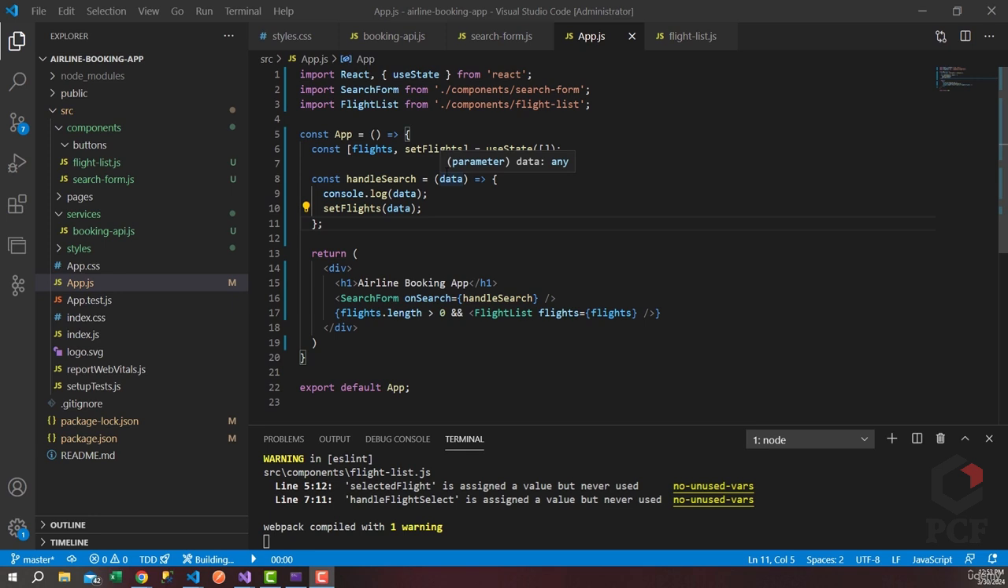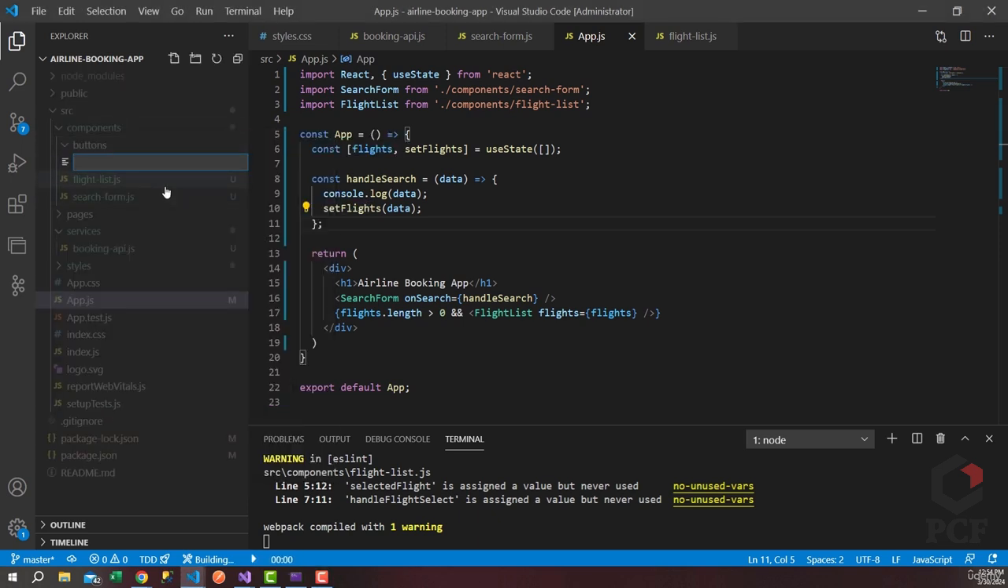All right, so we're able to search for flights using our search form. Then once the collection comes back from our .NET 6 Web API, we're able to display all the flights using our flight list component in React. Now it's finally time to set up our last component for the booking app, which is the booking form. All right, so I'm going to right-click the components, add a new file. We'll call that